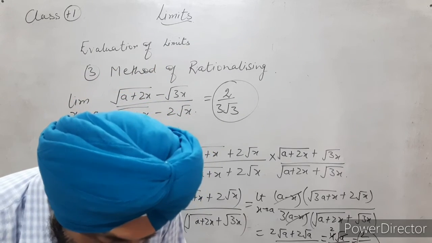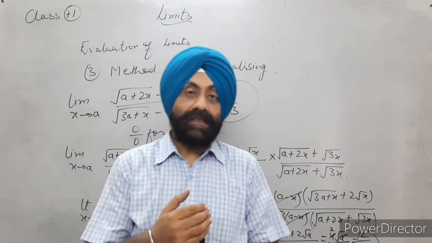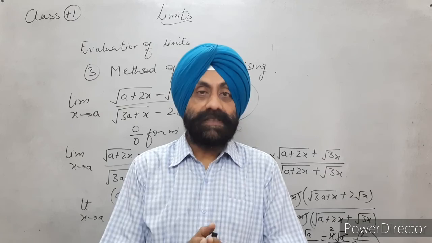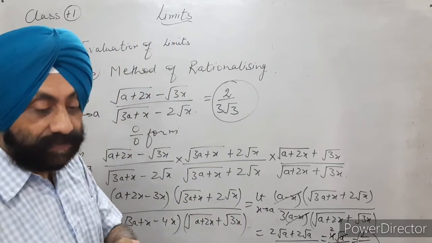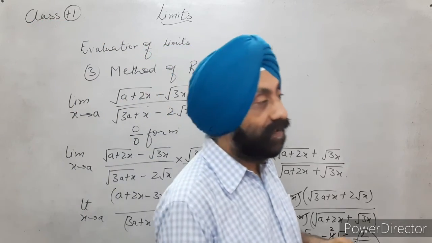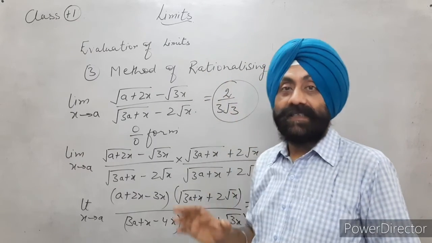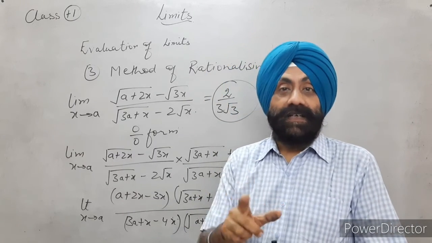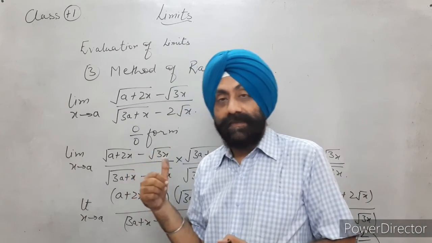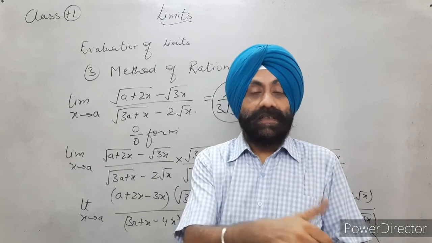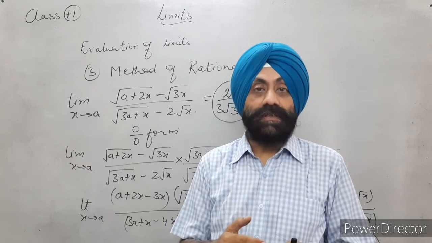Okay? So in my next lecture I will explain another method to evaluate limits, but till then just go through these methods. I have explained the direct substitution method, the method of factorizing, and the method of rationalizing. Just go through these methods, but I presume that you have gone through my previous video on limits where we calculated the left hand and the right hand limit and saw whether the limit exists or not.